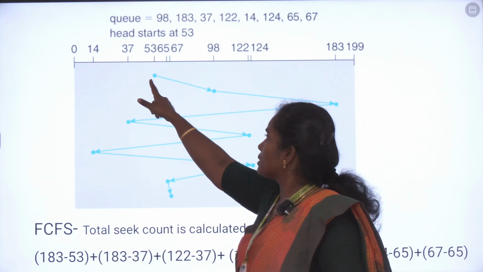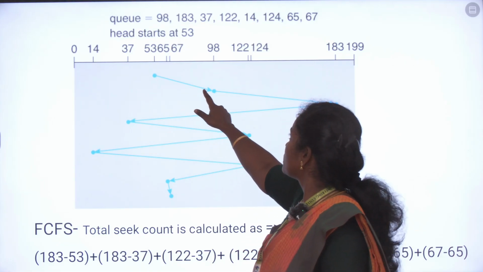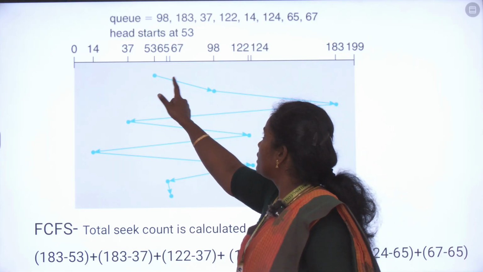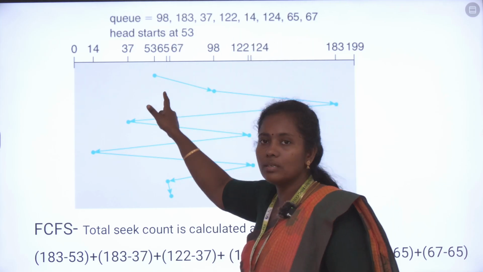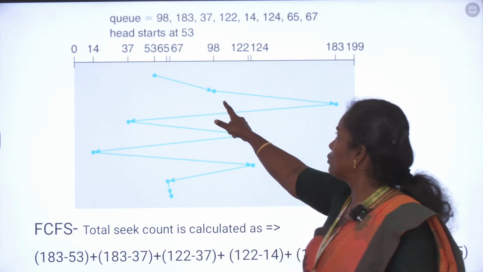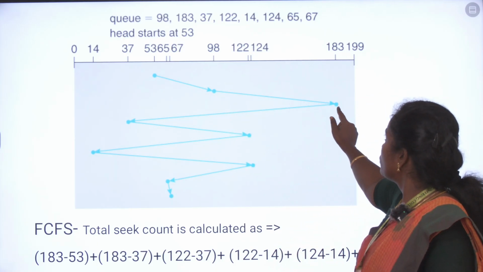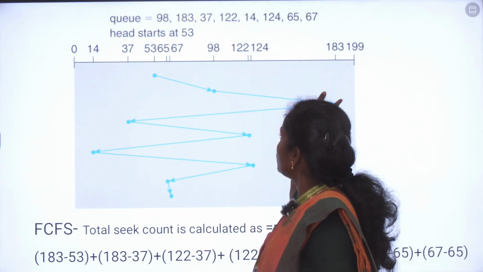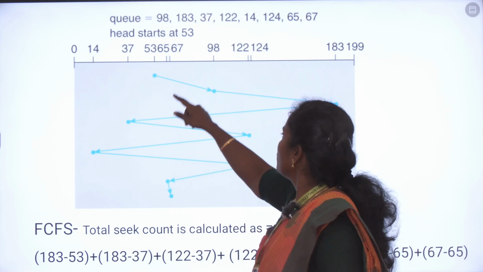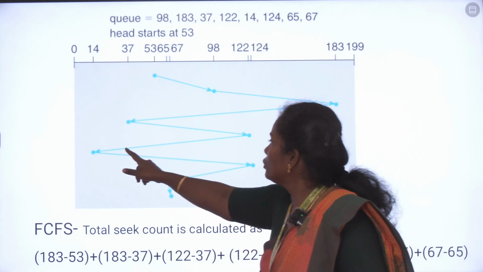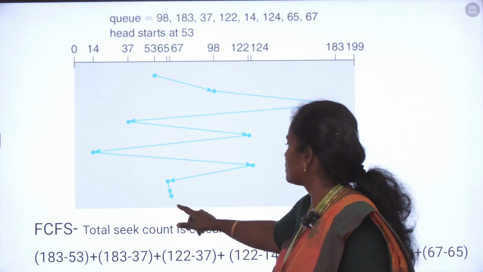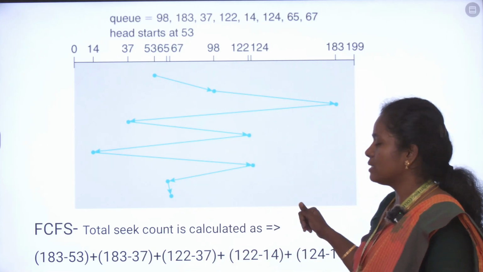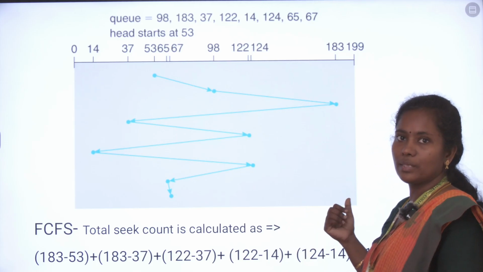Currently my head is at 53. It moves on to 69. But in between 53 and 69, we have pending requests of 65 and 67, which it will not service. It will directly move to 98, and next to 183. After that, it will come back to 37, and then 122. Next, it moves to 14, and then 124. Next, 65 and 67. For this, it will take more time, or we can say the seek time